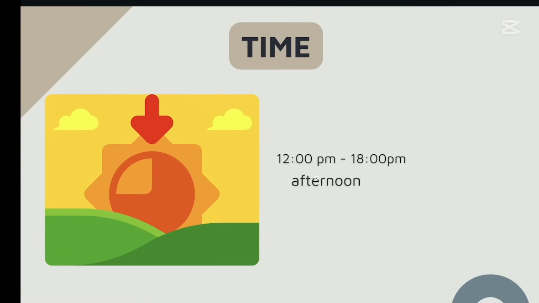Now, during the lunch, we have from 12 o'clock PM or 12 noon. That's the start of the afternoon, until 1800 or 6 p.m., so 6 o'clock in the afternoon. If you're going to use the 24 hours time, 6 p.m. is 1800. And then PM stands for afternoon or evening.